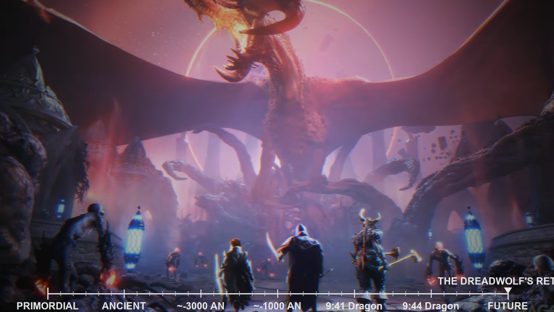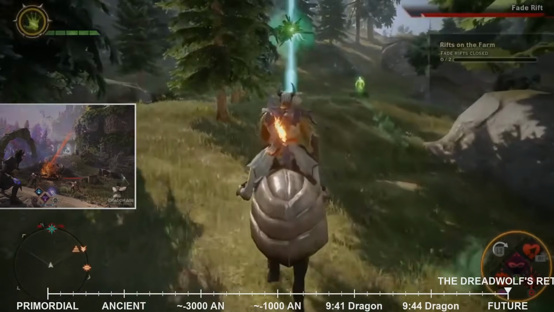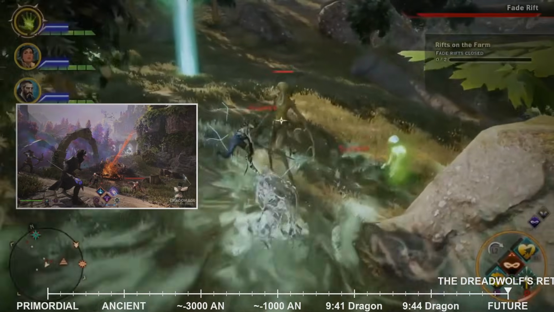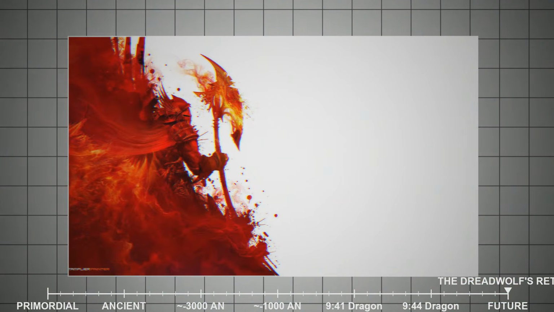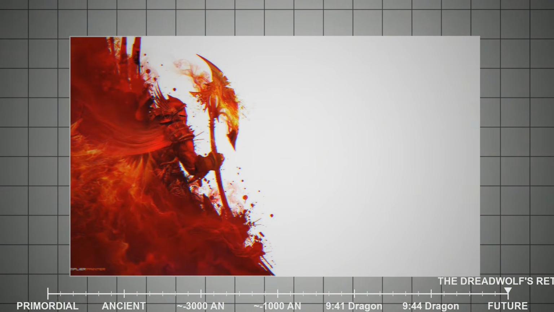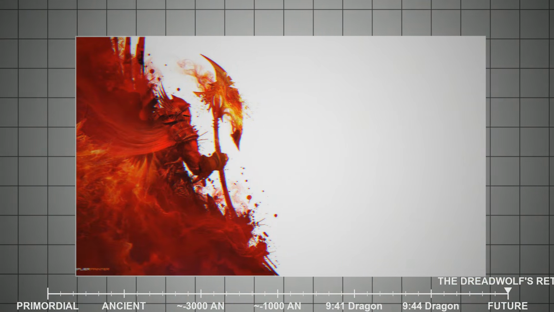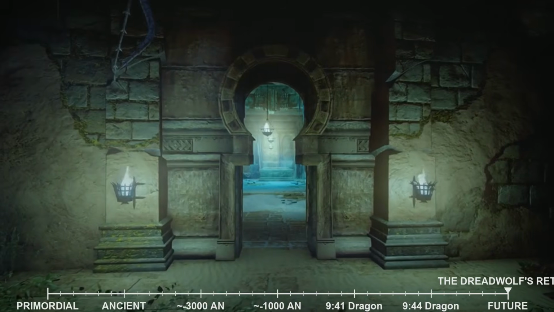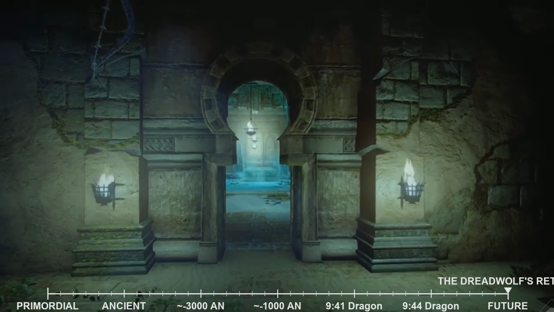Cities would be swallowed by surges of raw magic, landscapes would twist and warp, and the very air would crackle with uncontrolled power. Ancient entities, long imprisoned or dormant within the Fade, would be unleashed upon a world unprepared for their power. The Evanuris themselves, the ancient elven gods, would be freed, their immense power and their old rivalries threatening to plunge Thedas into a new age of divine warfare.